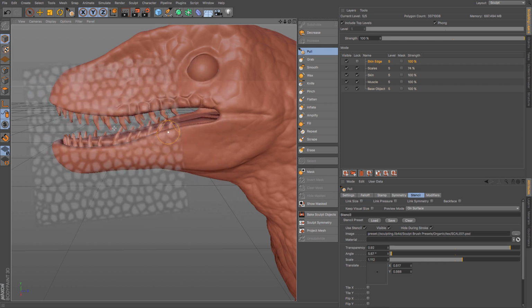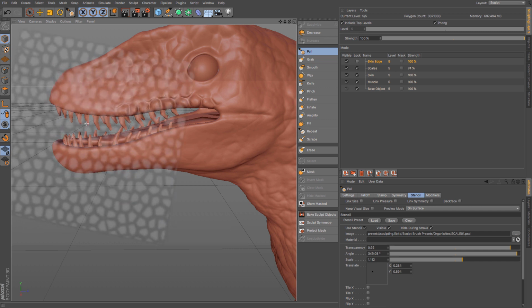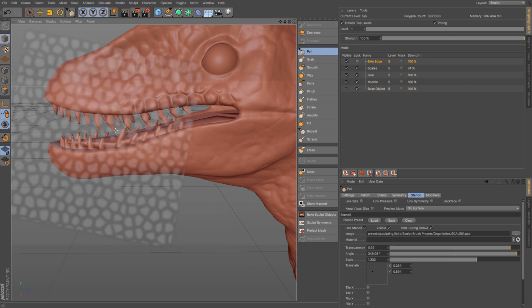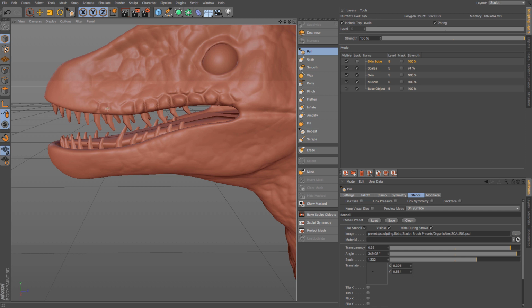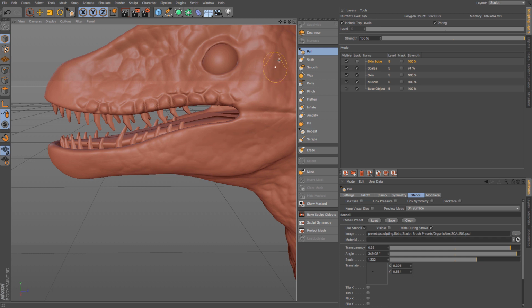So if I move that over a bit, and then I can rotate and zoom in, increasing the size of it. Sorry, I'm on a bit of a sensitive mouse here. There we go. And I will just finish that detail. And what you might want to do, pressing Q will get rid of that for you. You might just want to go over with your smoothing brush just to stop it from being quite so jaggedy,